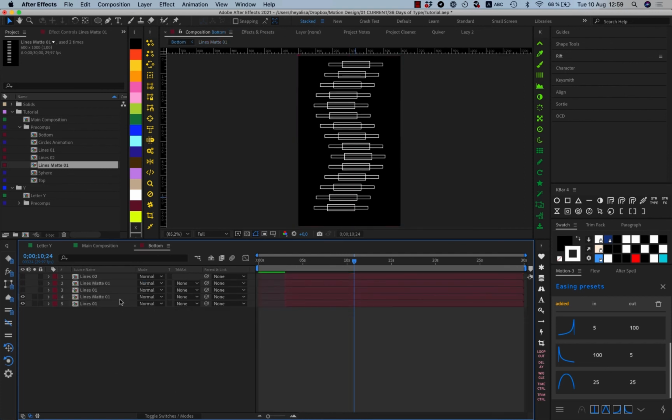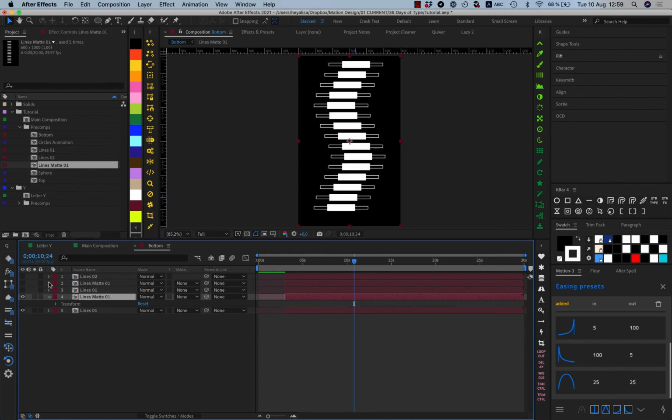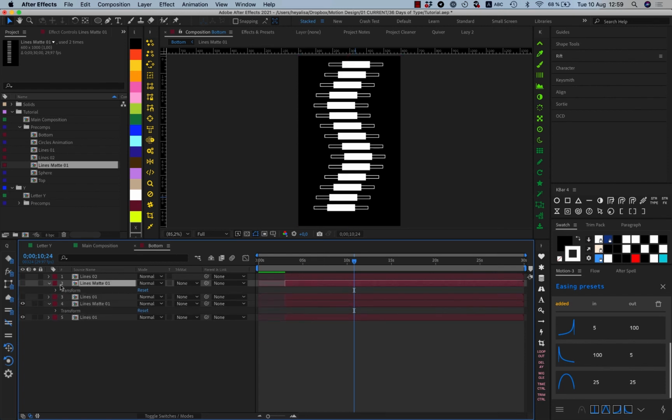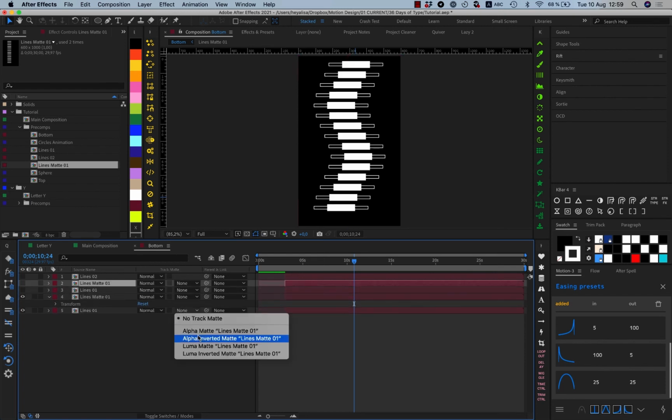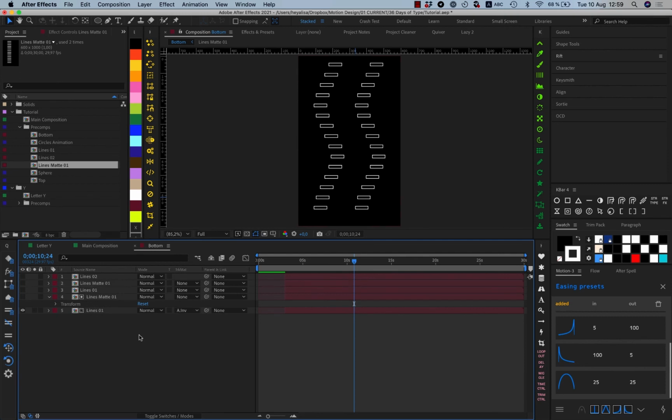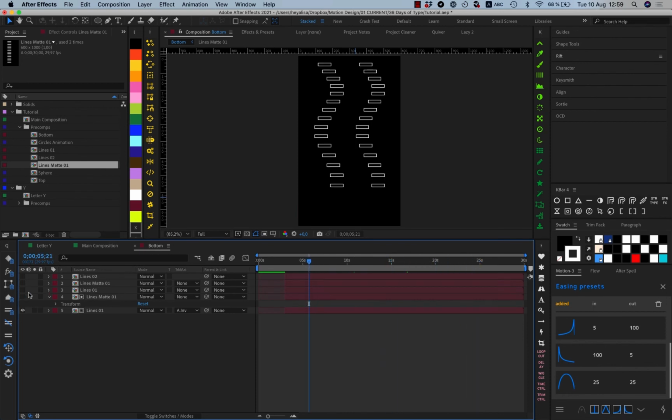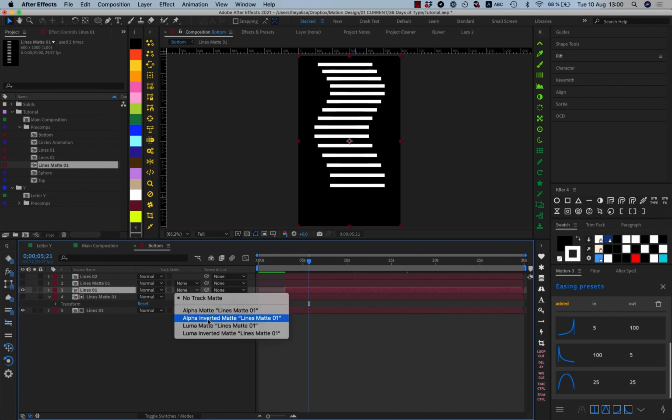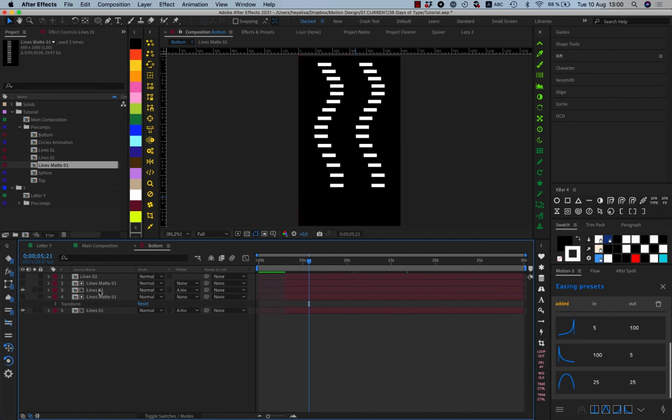And here we don't want this lines matte to have the layer styles. Let's delete the layer styles. We are going to use the alpha inverted mode of the matte layers. So right now it already looks good. Let's return our lines number 1, also put the alpha inverted matte. So what's happening now is those lines are sort of on top of our layer. So we want to